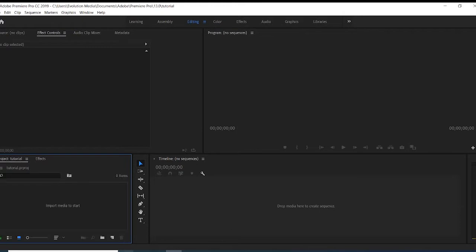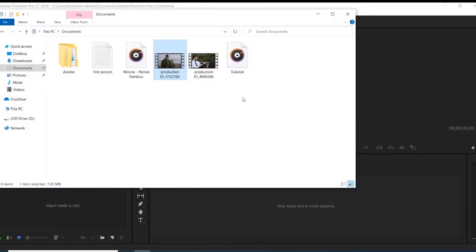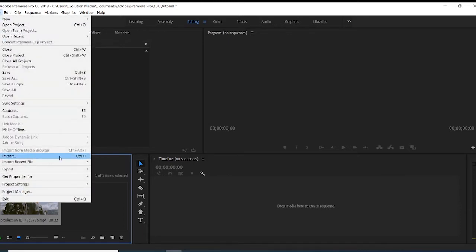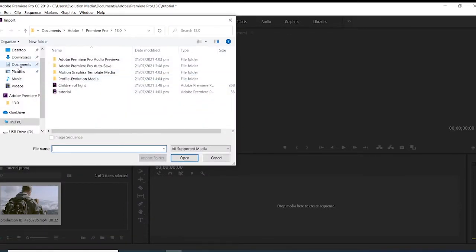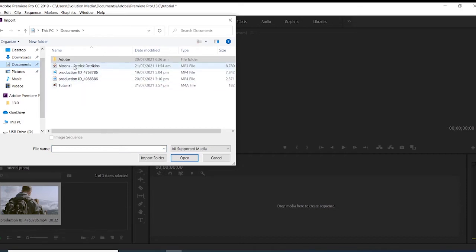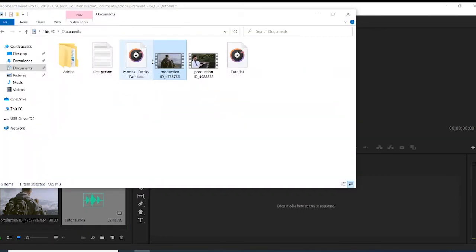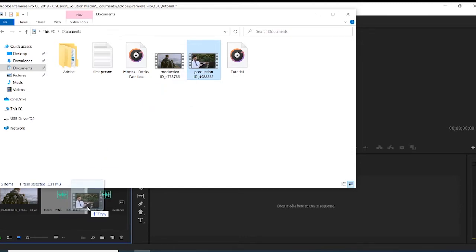But if I come to this tutorial and I click on it, and then I come back here and drag this, you see I have copy, and then I can put it there, and yes, I have it. And then you can go to file, import, click on import, and it's going to load your file manager, and then go to whichever files you want to use. Tutorial, this is the audio I want to use, bring it here. Yes, you have the audio there. But the one I prefer the most is actually to drag. So let me just drag this that I need, and then I need this as well.